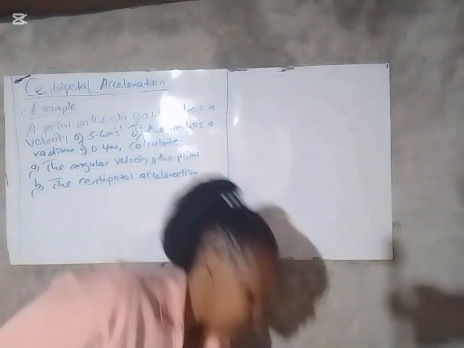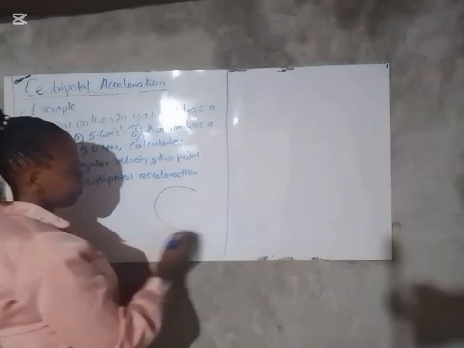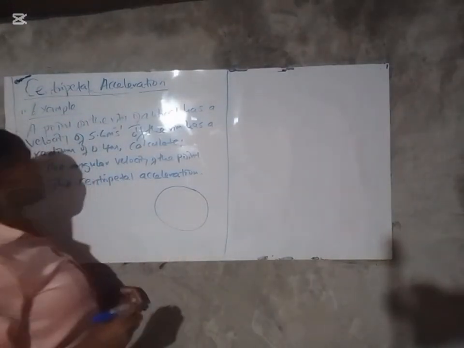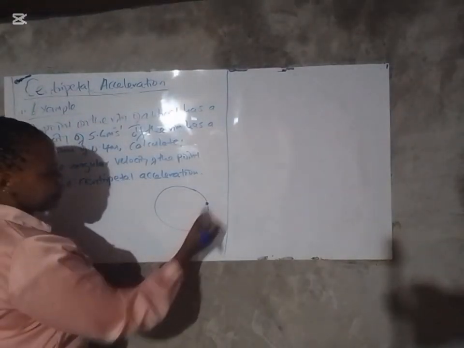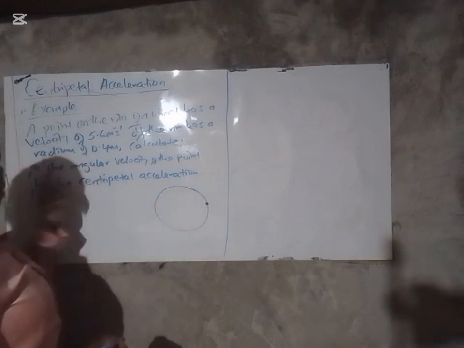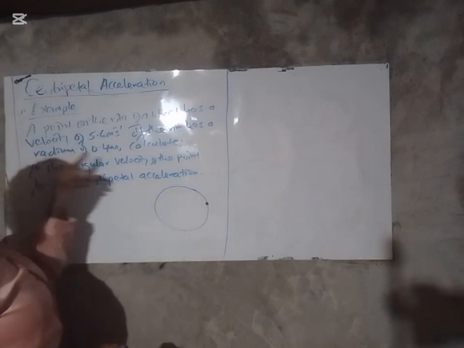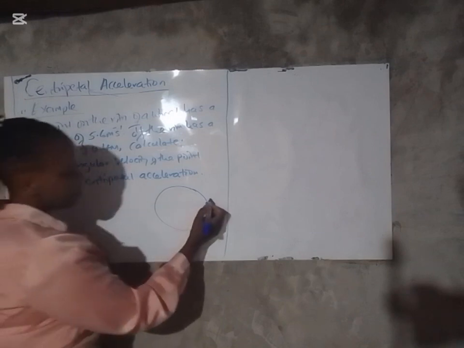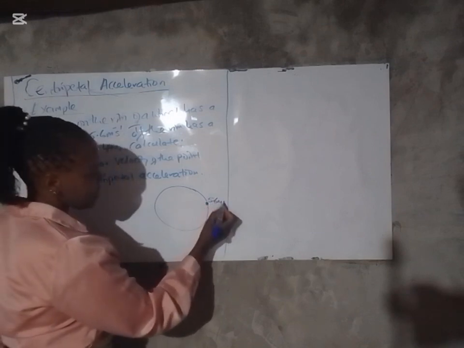So we have that. Now, going to our question, the body is going around a wheel. So we have a point. This point is going round the wheel, and it has a velocity with a speed of 5.6 meters per second,